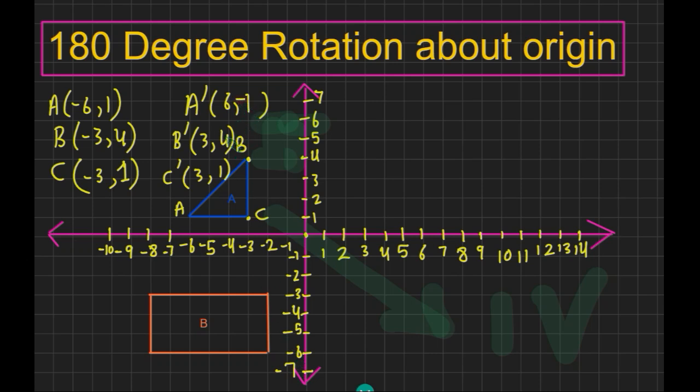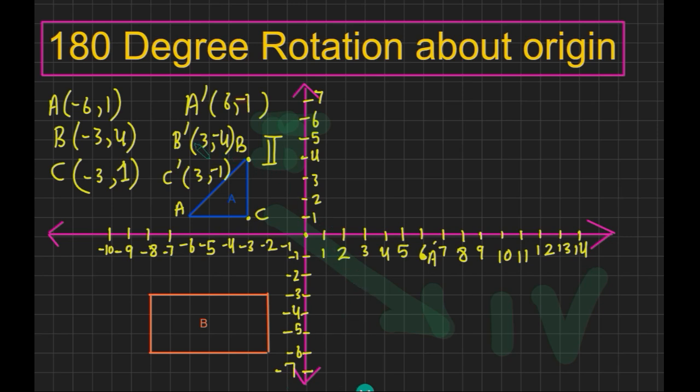According to the quadrant, I will write the signs: 6, -1, 3, -4, 3, -1, because the figure from the second quadrant will move to the fourth quadrant. Okay. So now I draw the figure. A prime is 6, -1, this is the point. A prime is here,